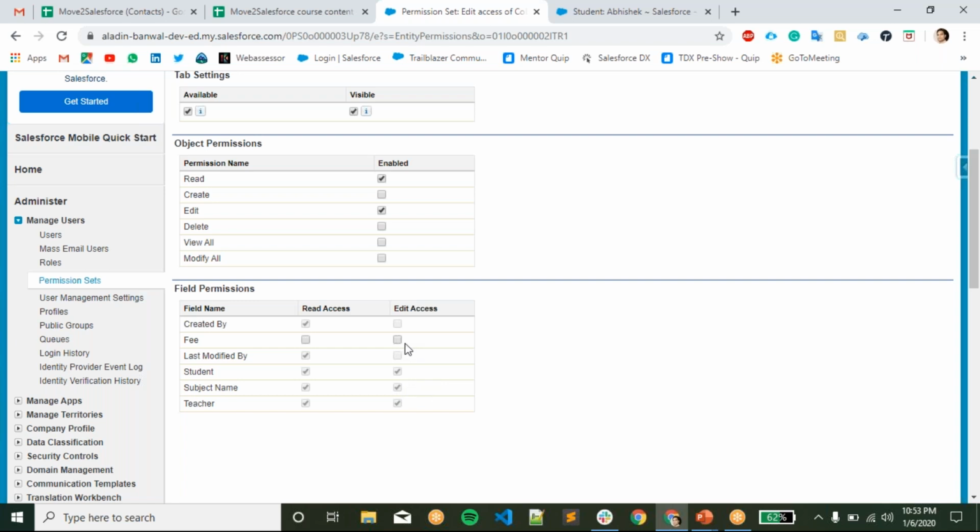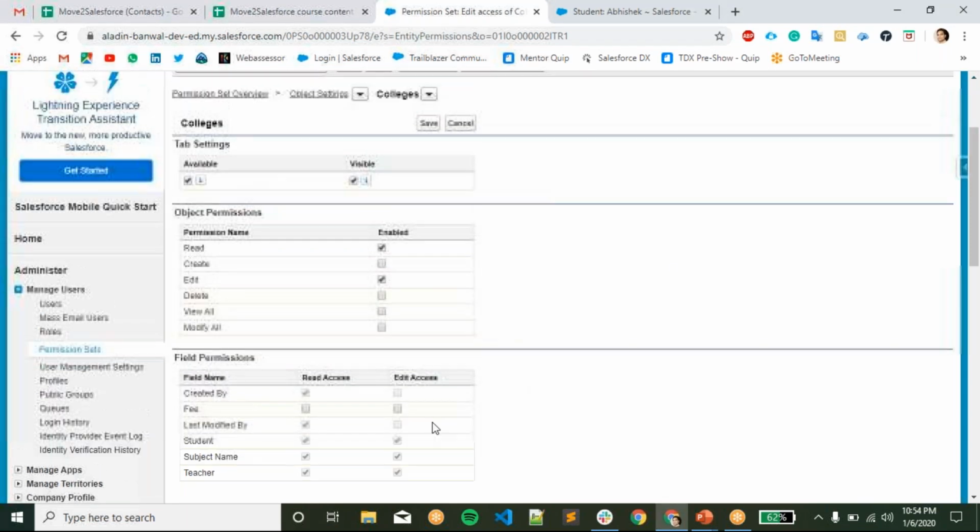If a particular user already has access to that object or field, you can't restrict. If you want to restrict, you have to restrict from the profile only. By permission set, manual sharing, or role hierarchy, you can't restrict a particular access to a particular user, but you can only give more access by using all of these.